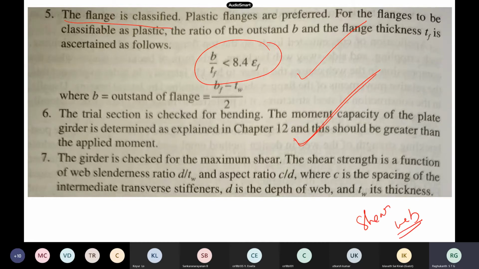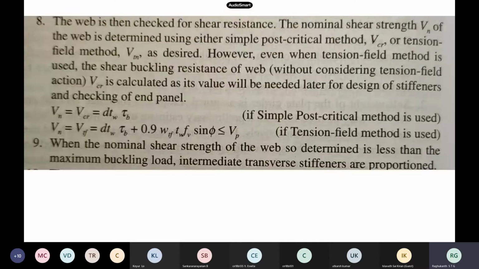Now for the web, we have already discussed the slenderness ratio and aspect ratio, because if you are providing unstiffened web, then no need to do this check. But if it is stiffened, then you have seen many clauses, you have to pick from that graph, like d by t less than 200, then so many things we have set. Based on stiffener spacing, you can decide your depth and the thickness of the web itself. So once you have decided that, now you have to calculate the web strength.